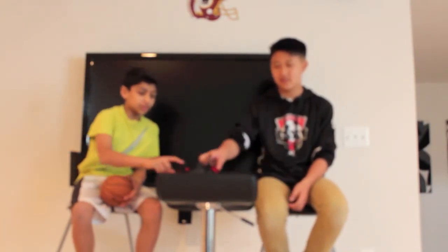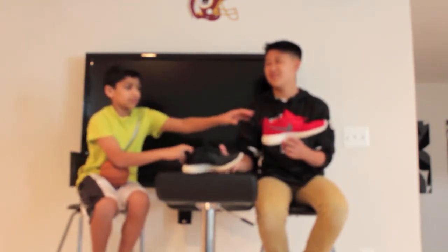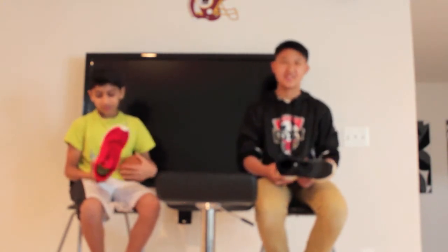This is Rishi, and Matt, and we're Trio Sneaks. We're going to be comparing the Roshe Run and the Pure Boost. Okay, so starting off with the Roshe Run,